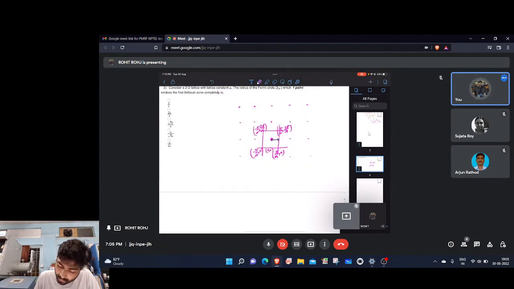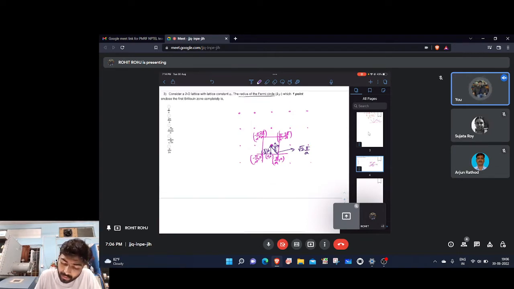This distance is pi by A, this distance is again pi by A. So if this is A and this is B, the vector sum would be, this distance would be root 2 times pi by A, and what we are bound to find is the radius of the Fermi circle which encloses the first Brillouin zone. Now this distance is nothing but kf,